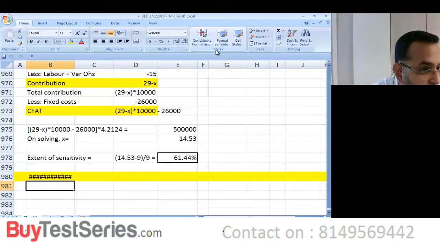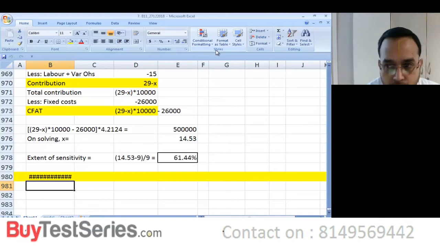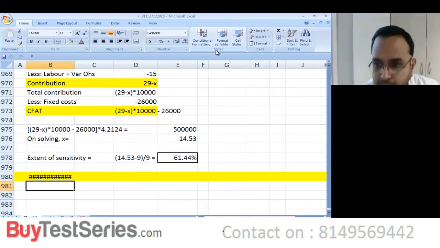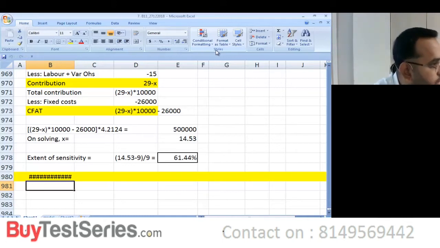The problem with 18% is you cannot use it for both the projects because they need not have the same risk. Your cost of capital is 18%, but the project risk need not be the same between Project X and Y. One is risky, one is relatively less risky. That's why we don't use 18%. We use only 8%, and then we convert the cash flows into certain cash flows. Required: which project should be accepted?